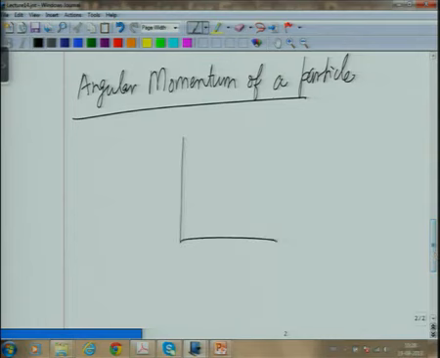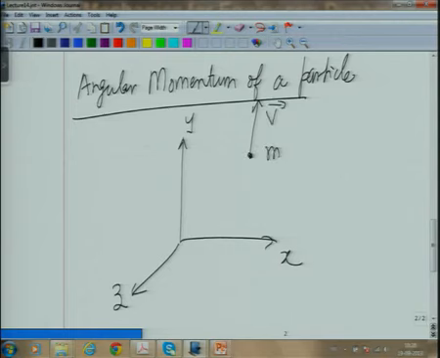So let us say a particle of mass m is moving with some velocity v. Then we define